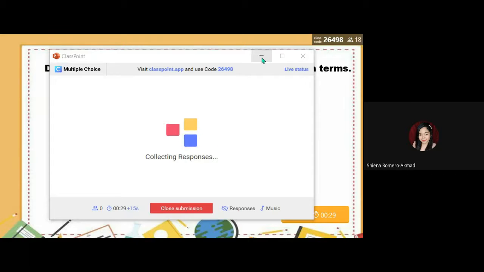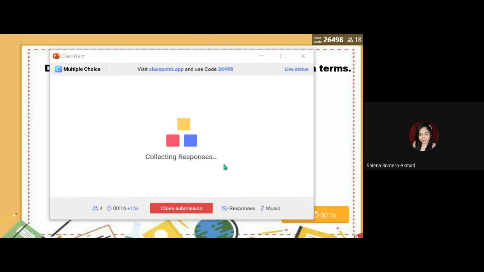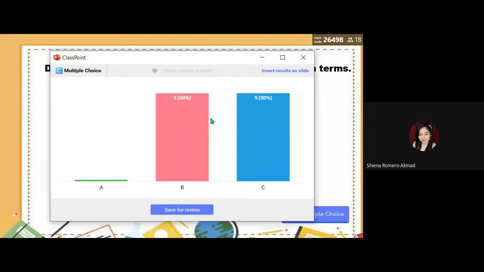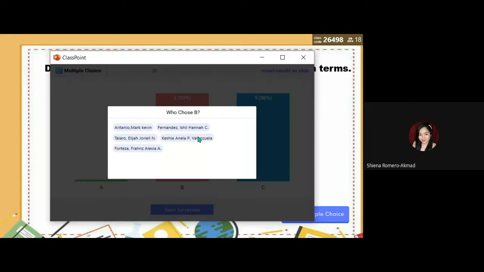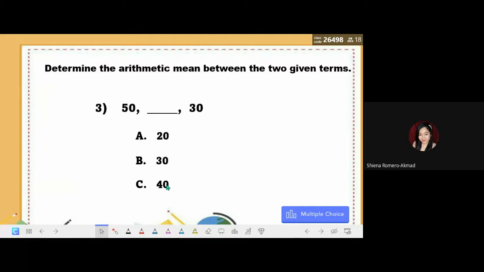Nawala na siya. Sayang. So, let us have number 3, 50 blank 30. Then we have A, 20, B, 30, C, 40. We only have 9 seconds. 7, 6, 5, 4, 3, 2, and 1. So, meron tayong 5 students who answered letter B and 5 students who answered letter C. So, let's check yung answer ninyo. 50, of course, ang kasunod niyan ay 40. Then, 30. Their difference is 10. So, the answer here is letter C, which is 40. Next,